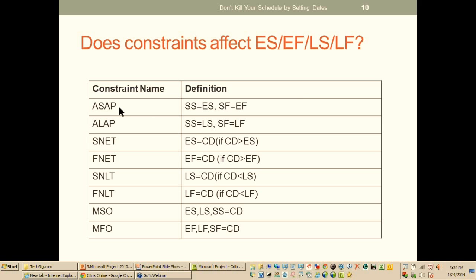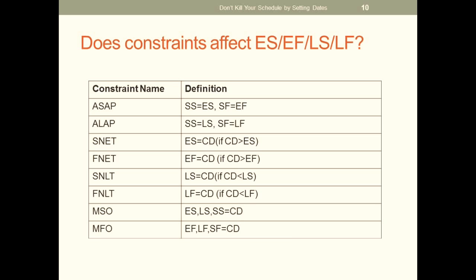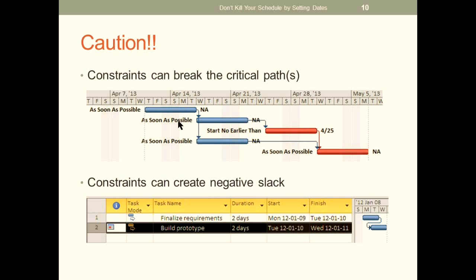Number one, when it is as soon as possible, your schedule start will be early start, schedule finish will be early finish. When it is start no earlier than, your early start will be the same as the constraint date. If it is start no later than, your late start will be the same as your constraint date. If it is must start on or must finish on, the early start, early finish will be the same as your constraint date. So you need to know what happens behind the scenes when you are setting these constraints. So whenever you are using constraints, the one problem